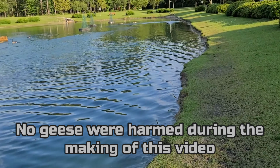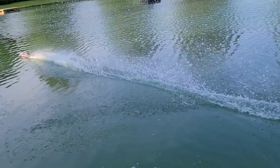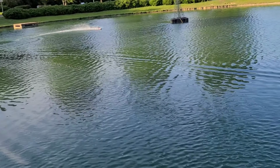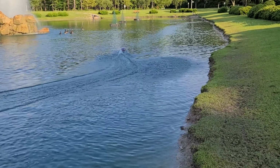All right, so 6S. Woo! Oh, she's like a little smoker, son. She's like a little freaking smoker. Oh! All right, so